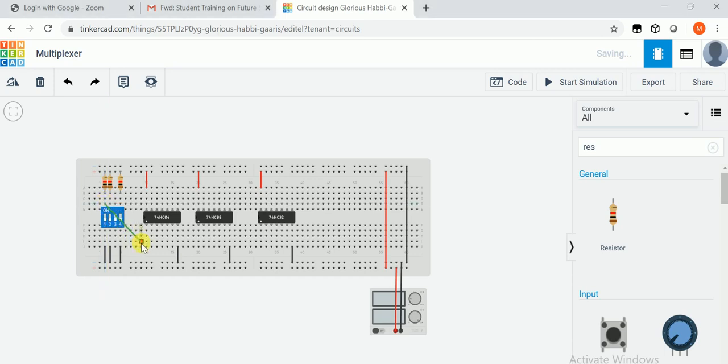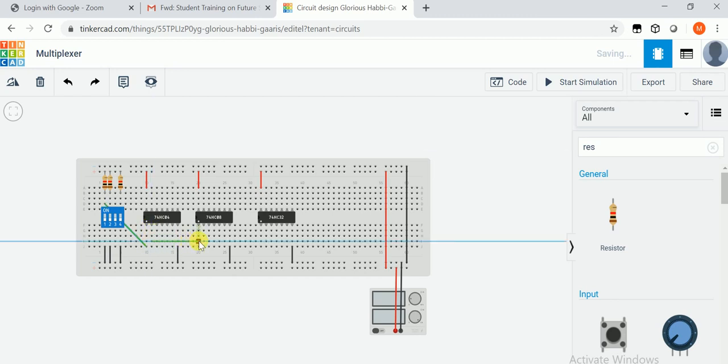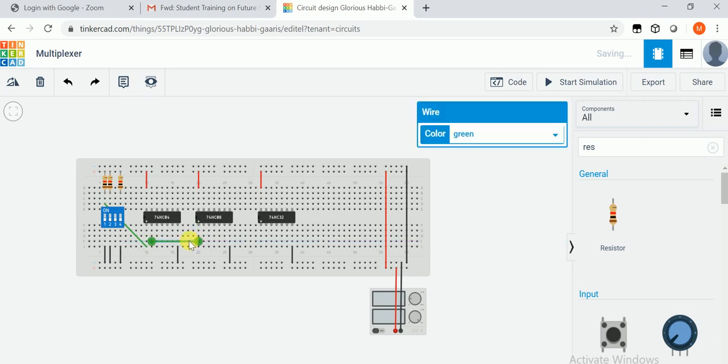I0 should be inverted first, so we will invert this and we will apply this I0 bar. So this one is the input, this one will be the output. So this will generate I0 bar. I0 bar we will connect to the AND gate. Okay. So we will follow our standard.